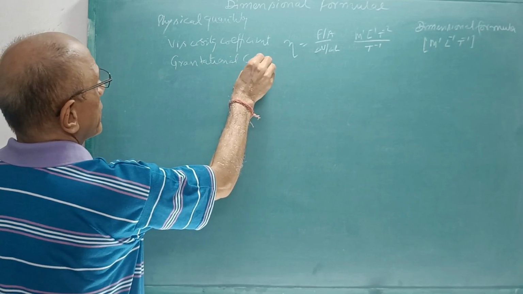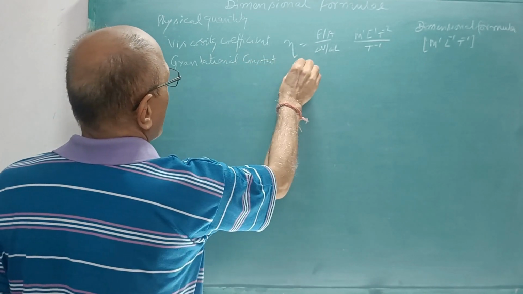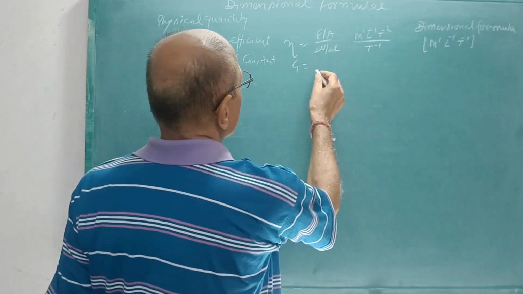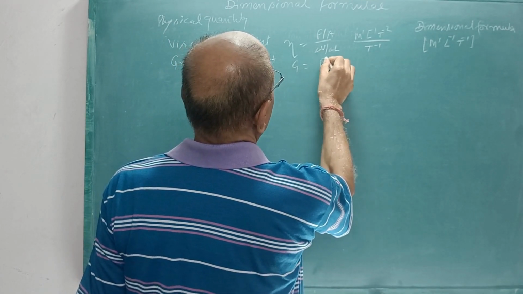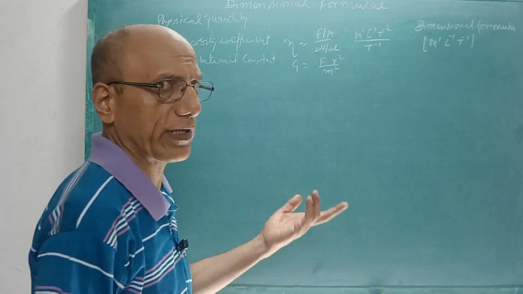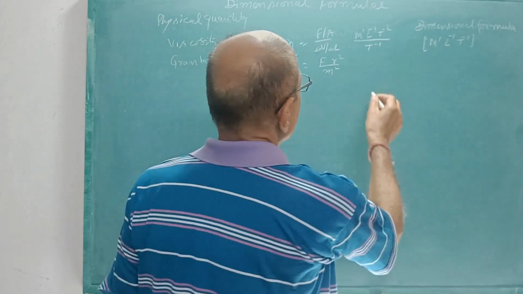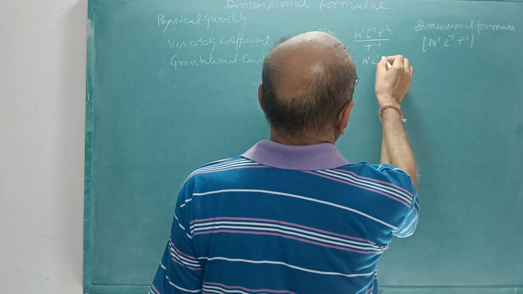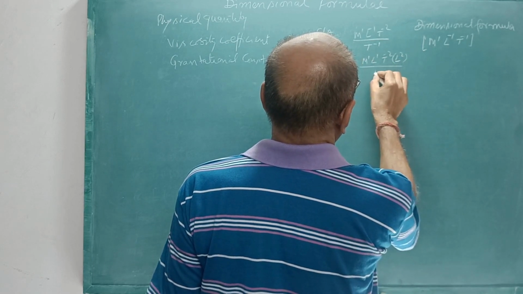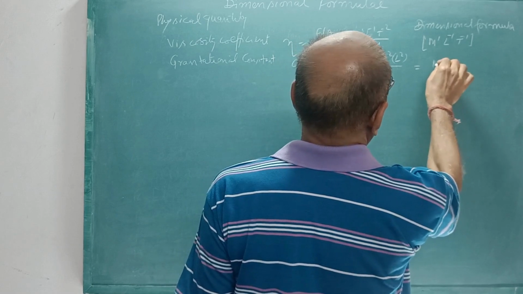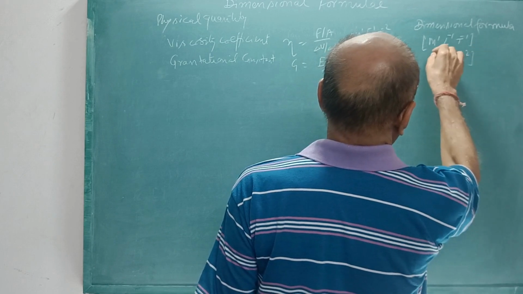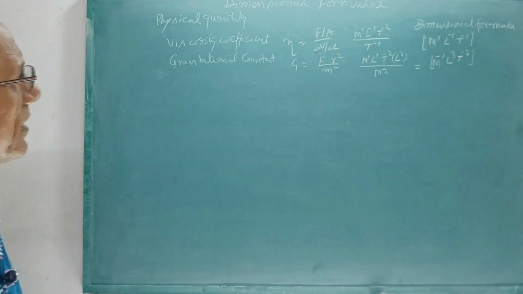Gravitational constant, capital G, is a universal constant. This G is F into R square upon M square, M1 M2, that means M square. So here force is M1 L1 T minus 2 into L2 divided by M2. So here it will have M minus 1 L3 and T minus 2, which is the dimension formula for gravitational